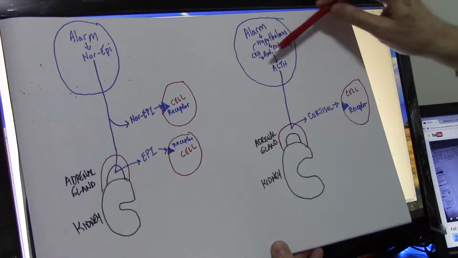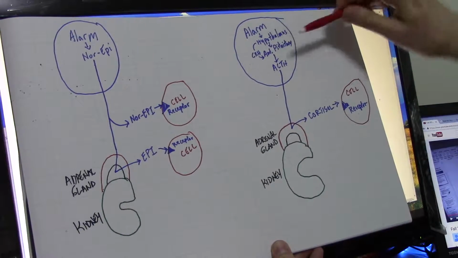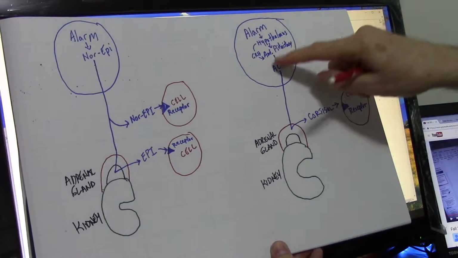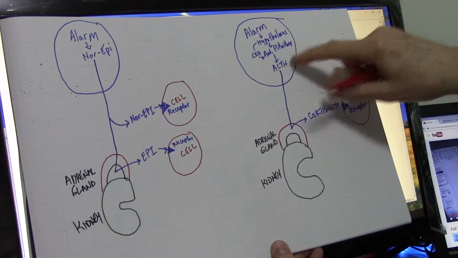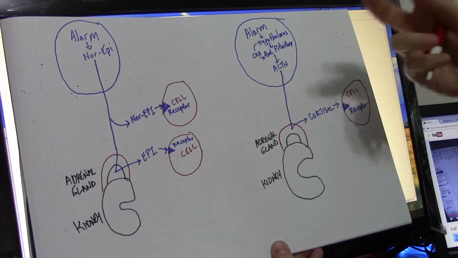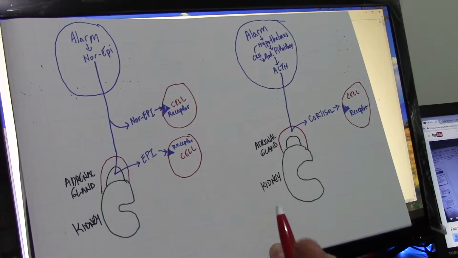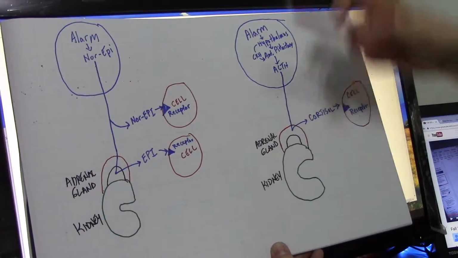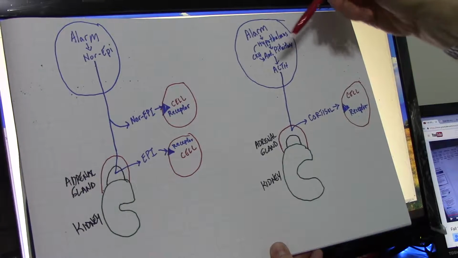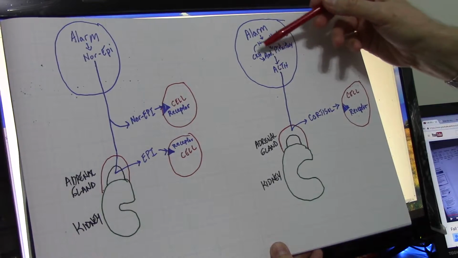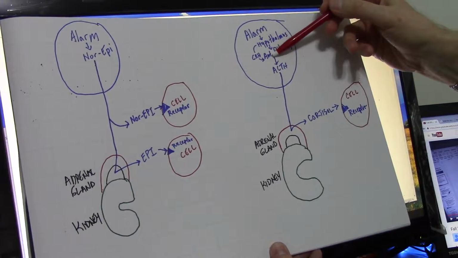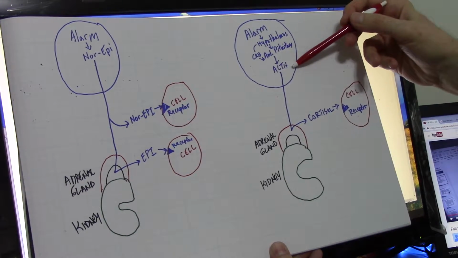And it will secrete that down to an attached organ called the pituitary gland. And in this case, it's the anterior. The pituitary gland has two basic parts, anterior and posterior. And in the anterior part of the pituitary, if it's stimulated by CRH, it will release something called ACTH, or